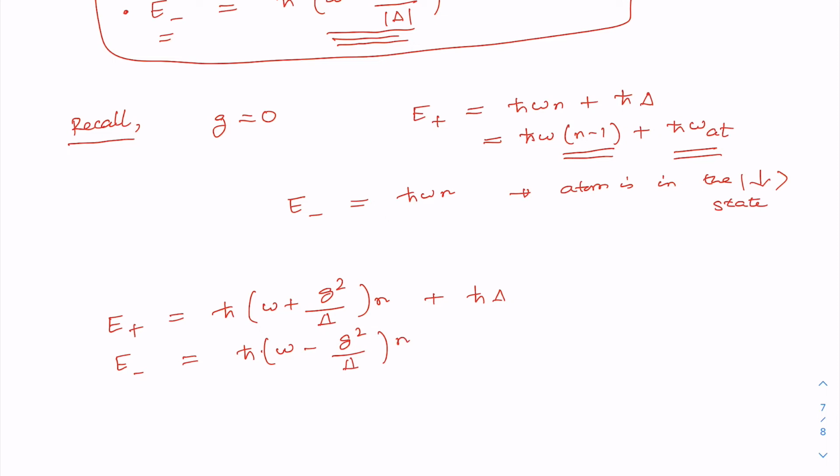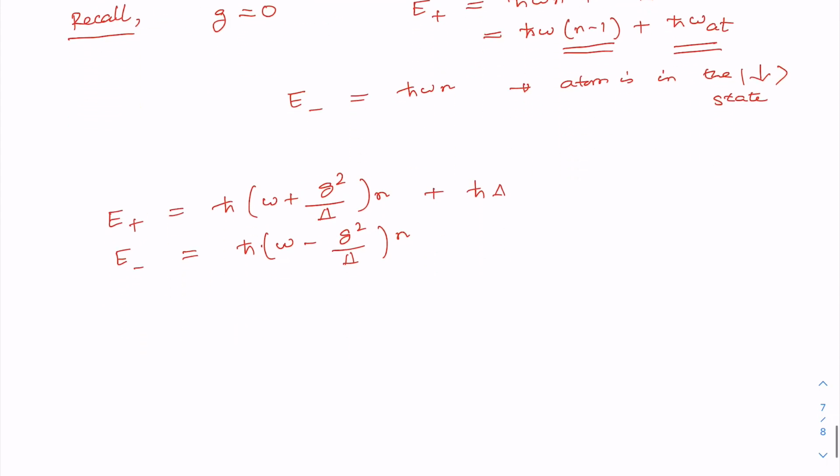What we can find is that in the dispersive case, when z is not equal to 0 and the detuning is much greater than the coupling parameter, the field mode frequency, as you can see from these two expressions,